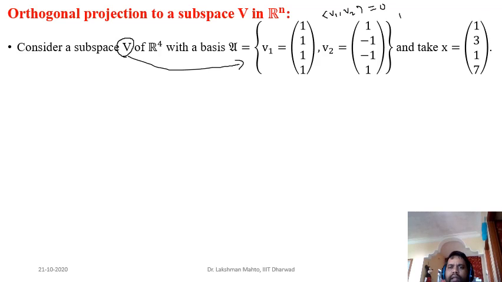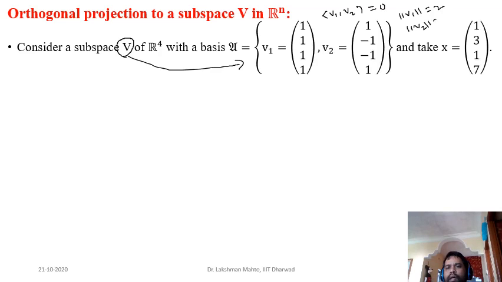So how can we get unit vectors? We will find the length of v1 and v2. What is the length of v1? The length of v1 is the square root of the inner product of v1 with itself, which is 4, so take the square root of that, and that gives the length of v1. The length of v1 is 2, and similarly the length of v2 is also 2. So you calculated the length of v1 and v2.